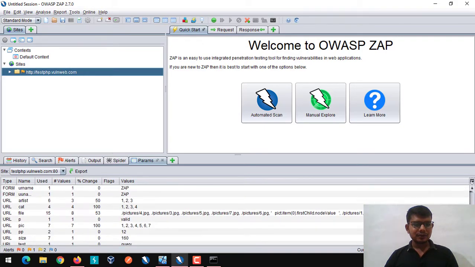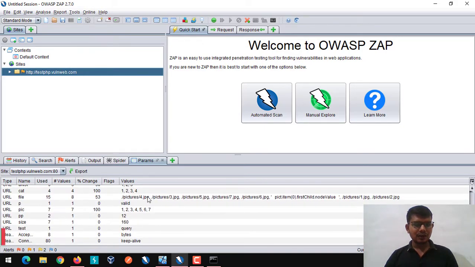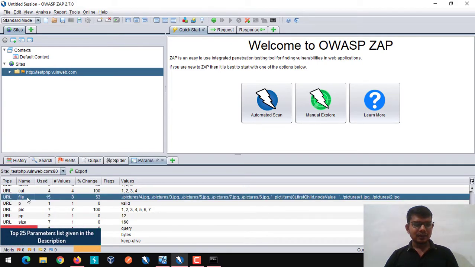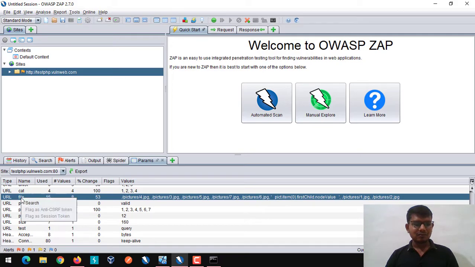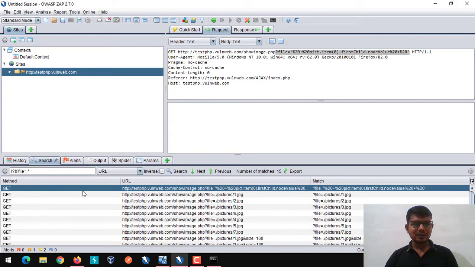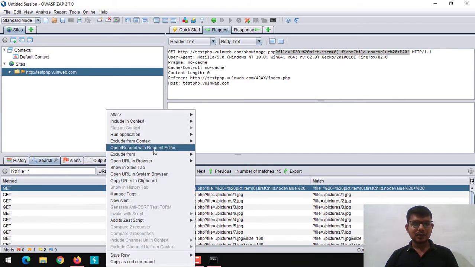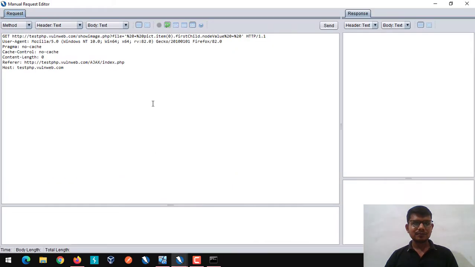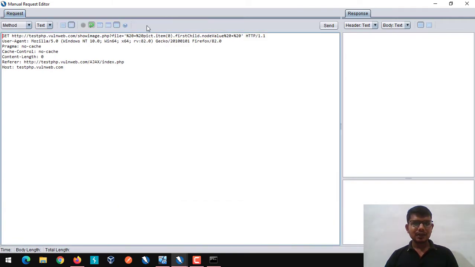So here is our file parameter. We can go with the top 25 parameters, or we need to map the application. So right click, click on Search, and after that we open this request in the Request Editor, and let me just combine.